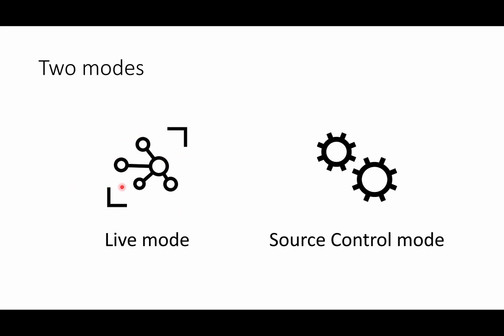It's easy to understand. It doesn't have any requirements to understand source control and Git and branches and all this stuff. But at the same time, it removes some of the flexibility in the security that we can have. That makes us move to the source control mode. In the source control mode, we are not publishing directly to this workspace. So I'm going to start first by working on my own branch,